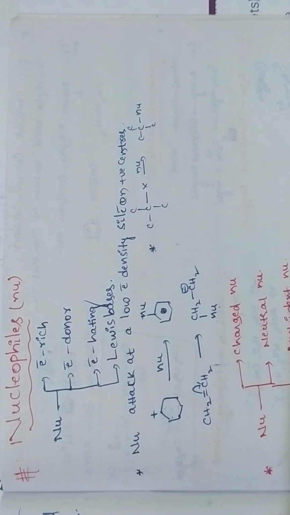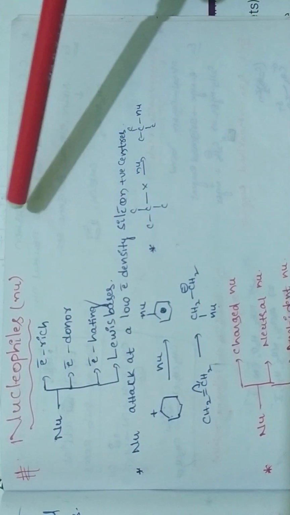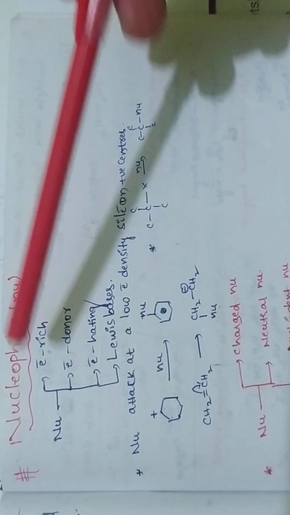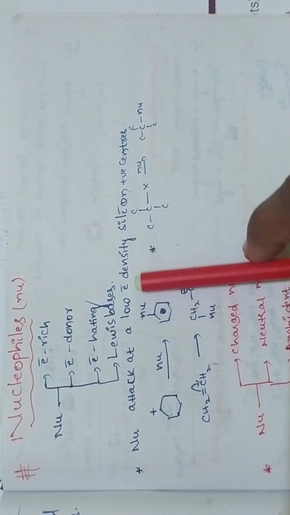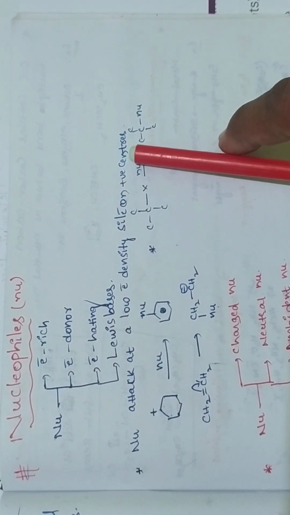In this video, we are going to discuss nucleophiles. What are nucleophiles? Nucleophiles are electron-rich species. These are also electron donors, and these are electron-loving groups. And these nucleophiles are also called what? Lewis bases, because these are ready to donate a pair of electrons. So therefore, these are called Lewis bases. Generally, nucleophiles attack at the low electron density site or positive centers, because these